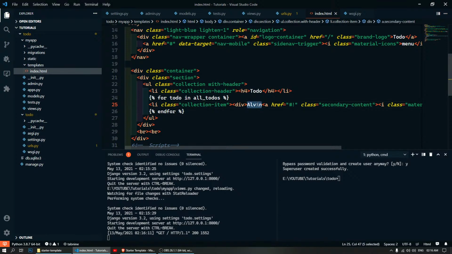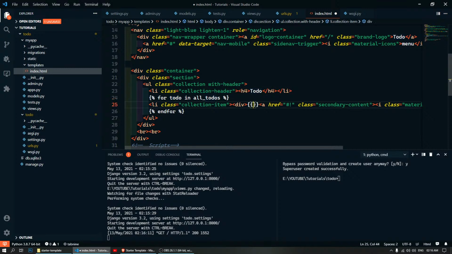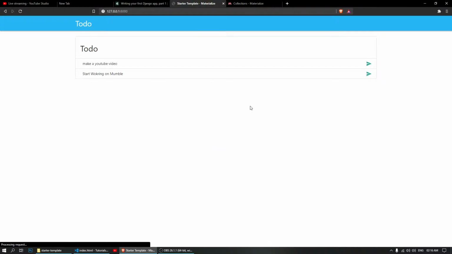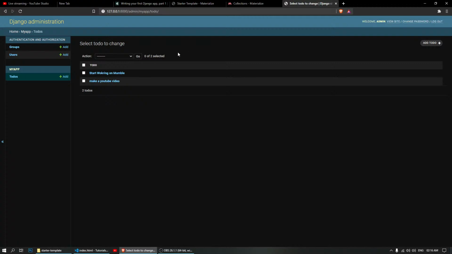Now this is not the actual data, we were just using a static value, and with the help of this we used a loop. So this is just like a regular loop in Python. You can say to do, and if you refresh that, then boom, we have our dynamic data from our database. So if I add something more to the database like to do's,